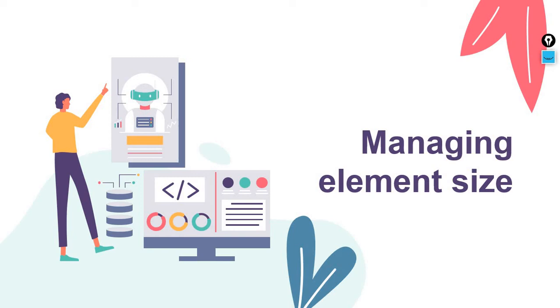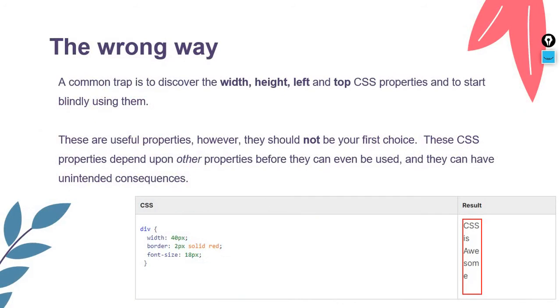As you start to leverage borders, background colors, and other decorative CSS properties, as we have seen in the previous lesson, you will need to become more aware of the element size and how to manage it the wrong way. A common trap that newbies fall into is to discover the width, height, left, and top CSS properties and to